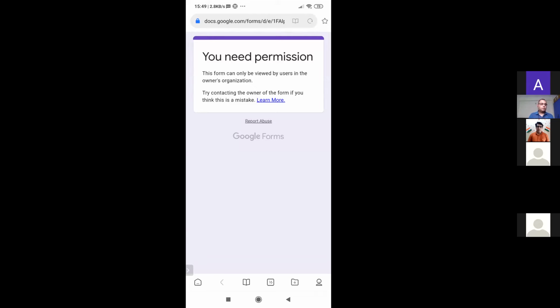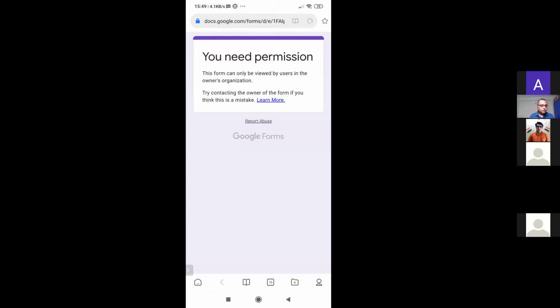Let's see what I'm going to do. Basically there are two browsers in your device. If you have an Android phone, then the Android default browser is there, and the browser present over there is Google Chrome. So what steps do you need to perform? Now this is the browser in which I have opened up this form.